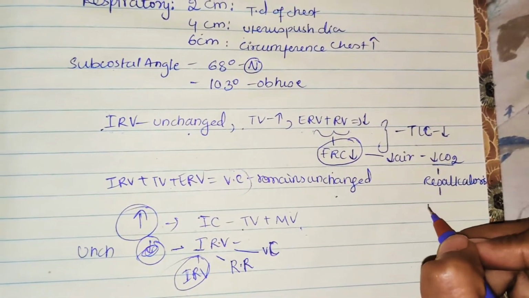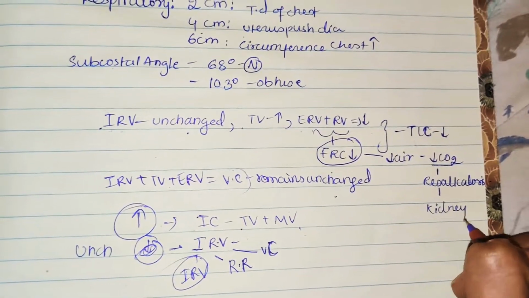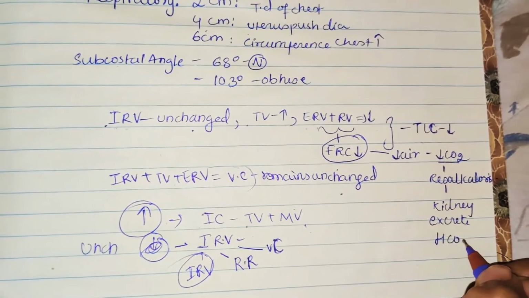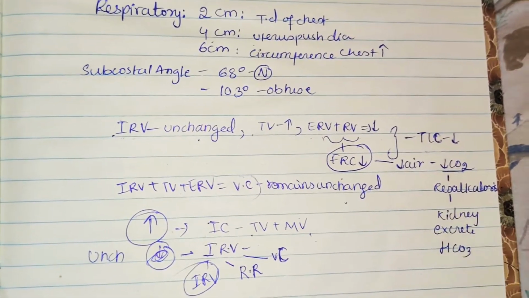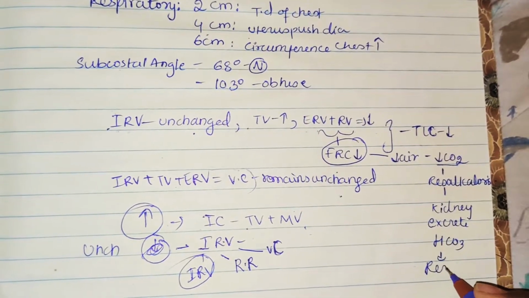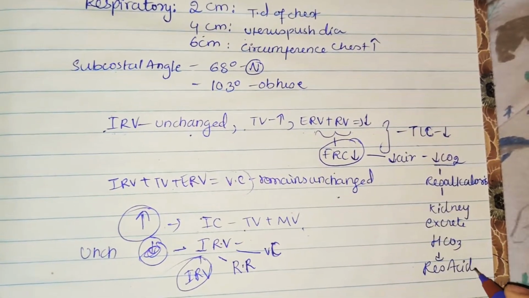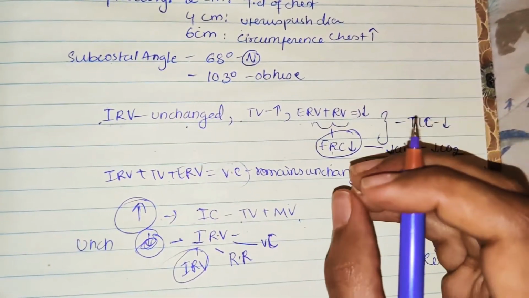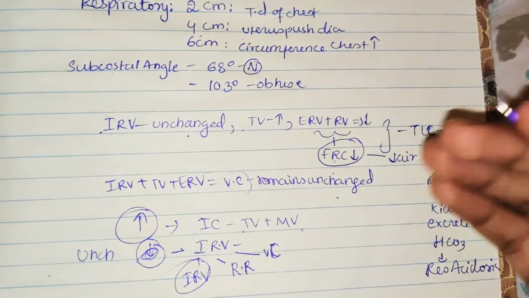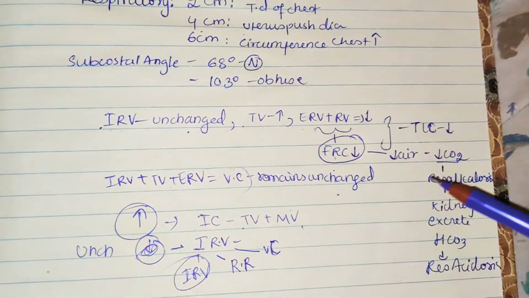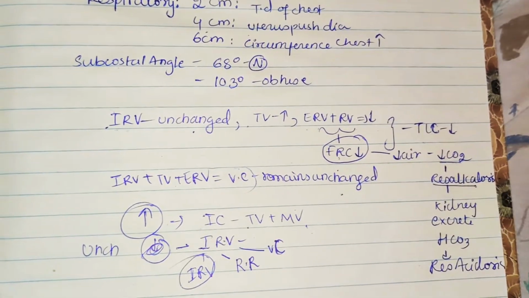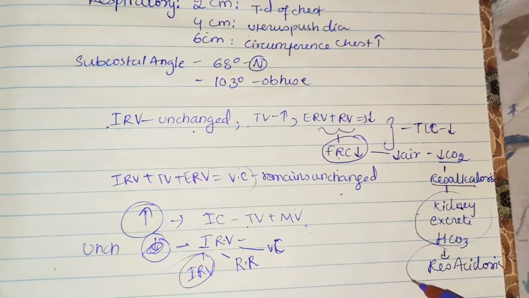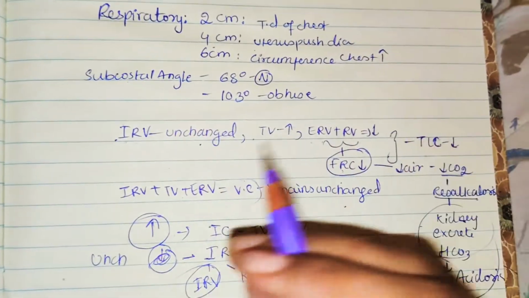To compensate this respiratory alkalosis, the kidney will start excreting more bicarbonate. As a result, as more bicarbonate has gone out, it will in turn lead to a compensated state. This is very important and we need to remember. When functional residual capacity is dropped, the air filling into the lungs has dropped, so the carbon dioxide reaching the blood has dropped, leading to respiratory alkalosis. In compensation, the kidney will start excreting more bicarbonate. This is what we need to remember.